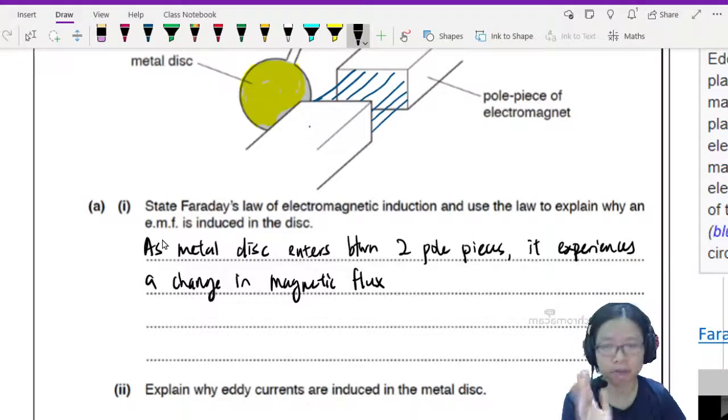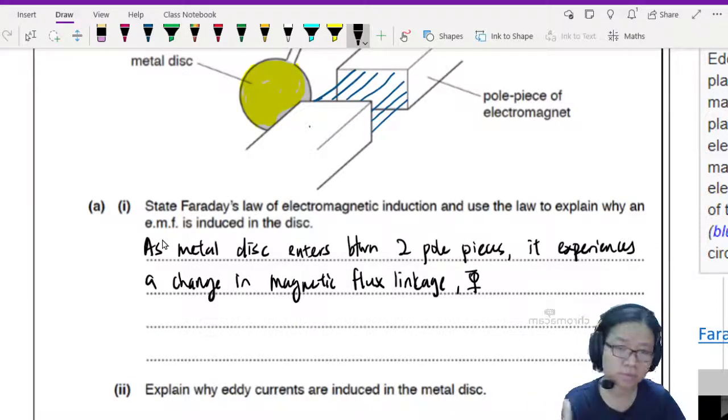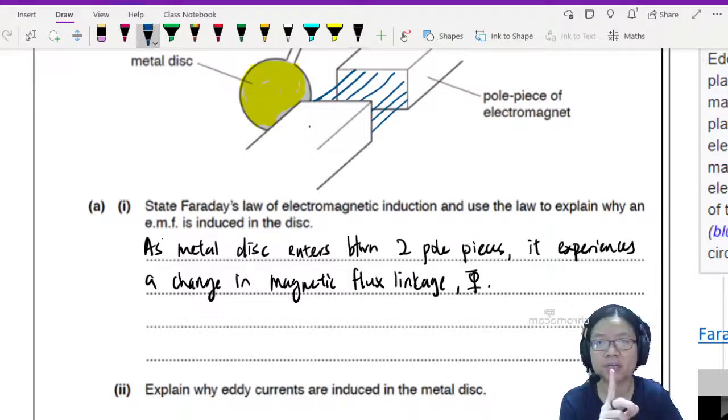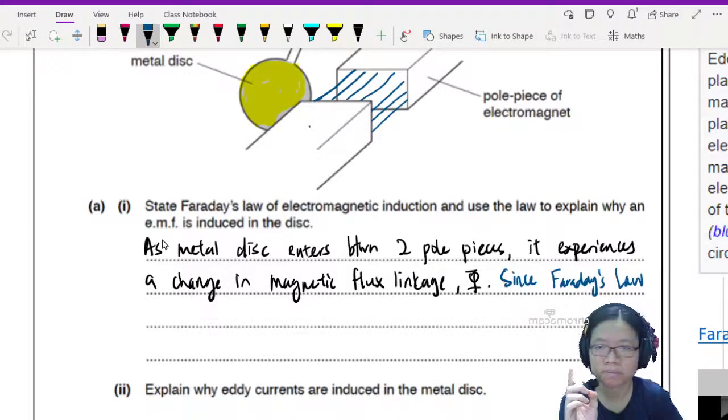But if you want to be thorough, especially if all these terms are still new to you, I will encourage you to write the whole term. Magnetic flux linkage, symbol here is psi, okay? So what did Faraday's law say? So you could say, since Faraday's law states that the EMF induced